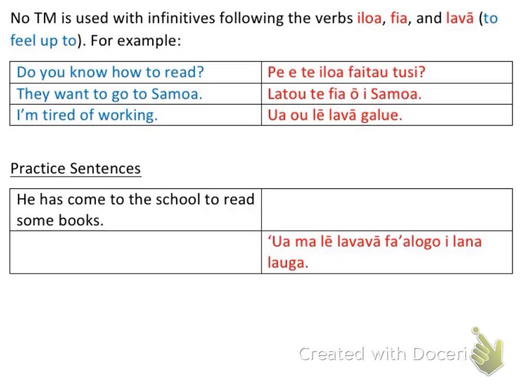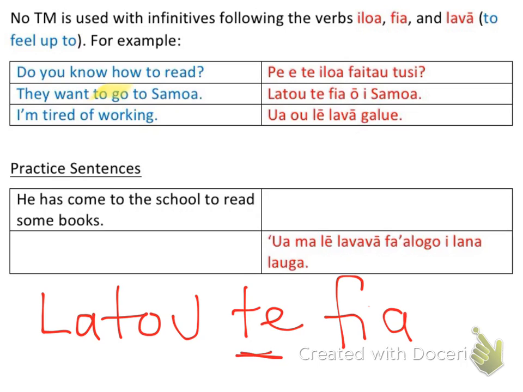They wanted to go to Samoa, and this is going to be kind of the same case. Want is going to end up being my infinitive in Samoan, but in English, the infinitive would be to go, right? But the way that I would say that in Samoan, it's a little bit different. It's they want, okay? So I have my subject, and then I have my te, and then I have the first verb. So this is the tense marker, and then the second verb. So this is verb 1, and this is verb 2.